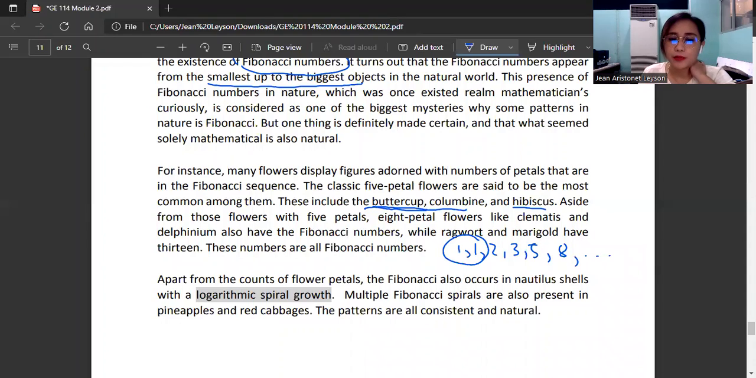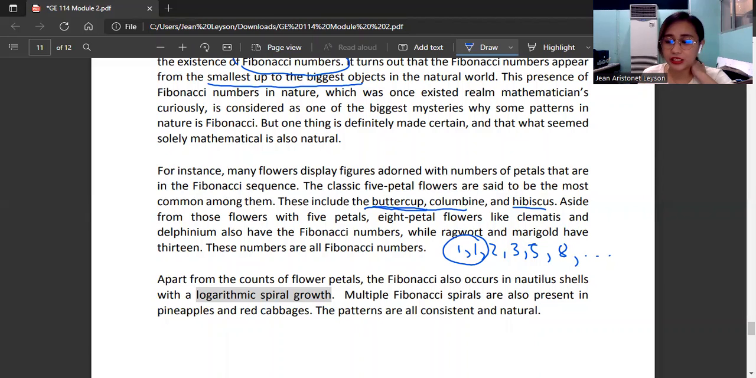8. Apart from the counts of flower petals, the Fibonacci also occurs in Nautilus shells with a logarithmic spiral growth. Multiple Fibonacci spirals are also present in pineapples and red cabbages. The patterns are all consistent and natural, which makes it very interesting since the Fibonacci sequence occurs in